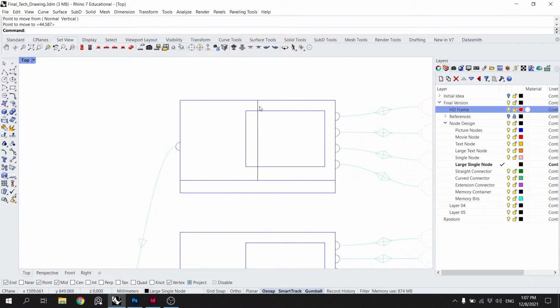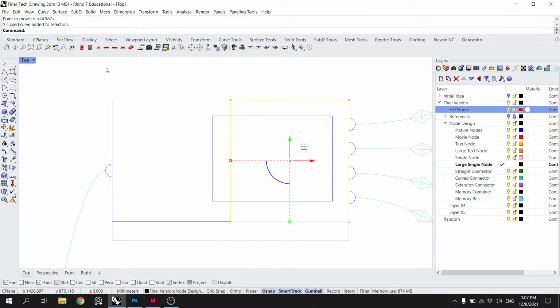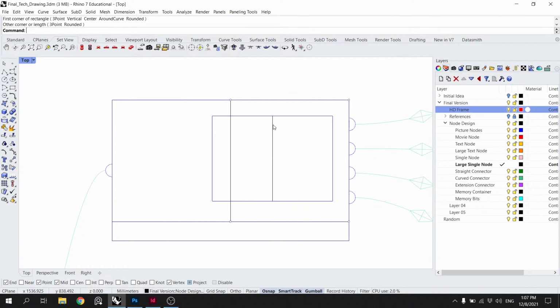It fits in like this. You then have to create another rectangle that goes from here to here, and you create a line that goes from there to there. Move that line somewhere around here.